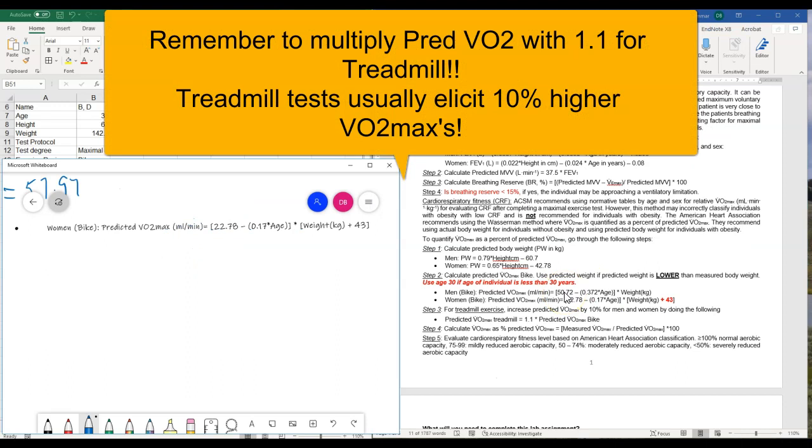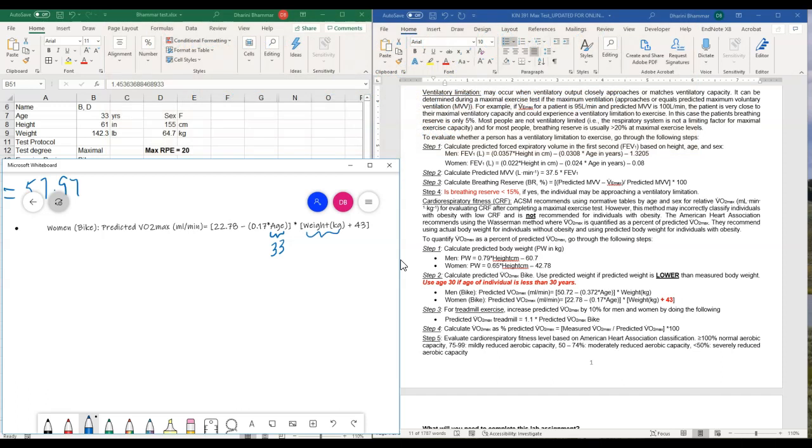The next thing is doing predicted VO2 max calculation. So we will substitute age. In this case, because I'm 33, we'll use my actual age of 33, but note that if the age is less than 30, you have to use 30. So if someone's 22 or 24, you would substitute this with 30. Weight, because my predicted weight is lower than my actual weight, we'll use the predicted weight, 57.97, and then we'll solve for this. So it's easier to solve the parentheses first for bed mass and then solve the whole thing.